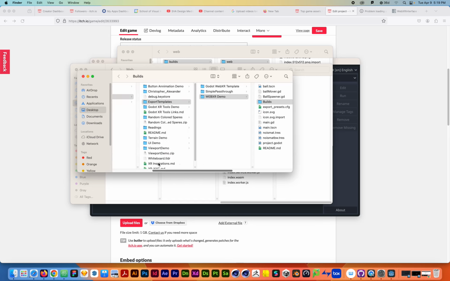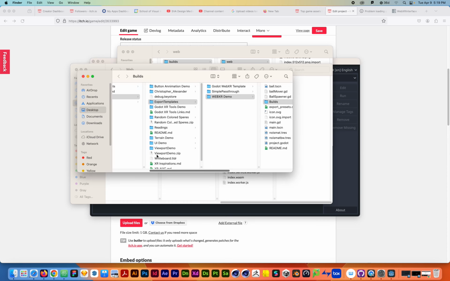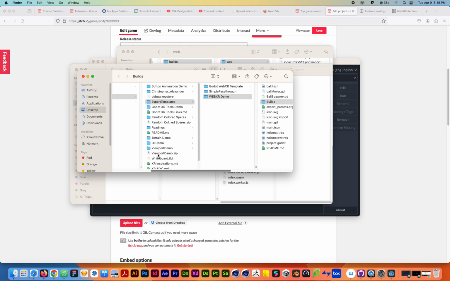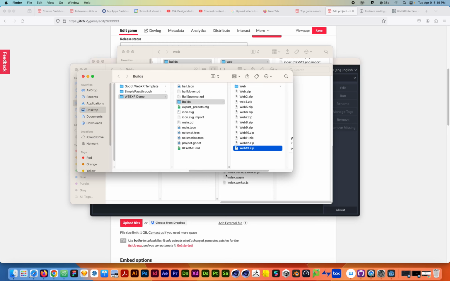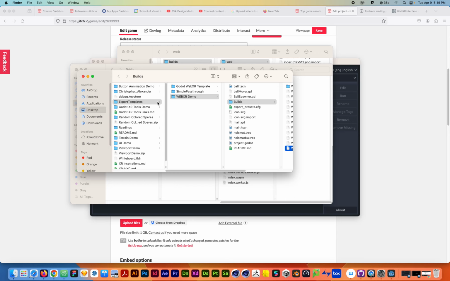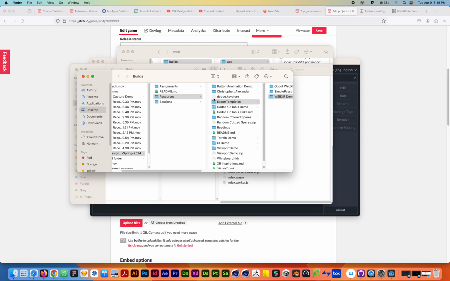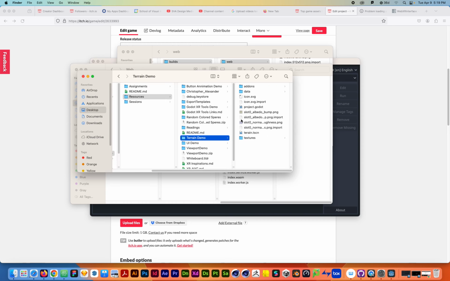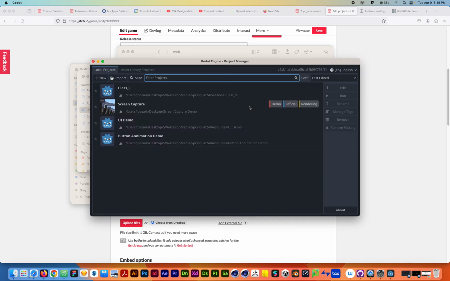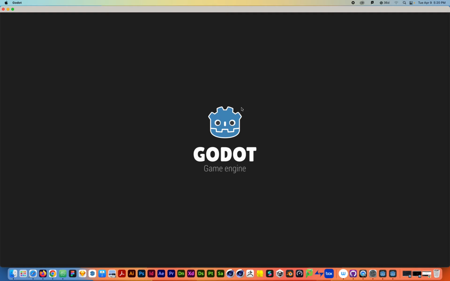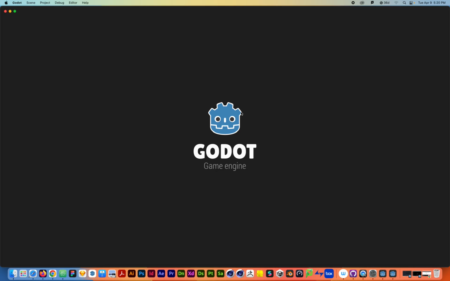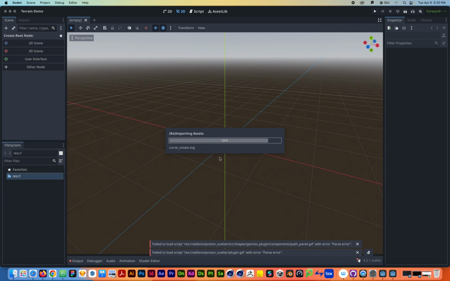So for instance, if you go to the, we'll just do this in our web project. Why not? I'll go to the, you can find templates of this here in the terrain demo. Okay, I'll just show it to you here. So there's this project terrain demo inside the resources. And if you open it up, you'll see it's fairly easy to have